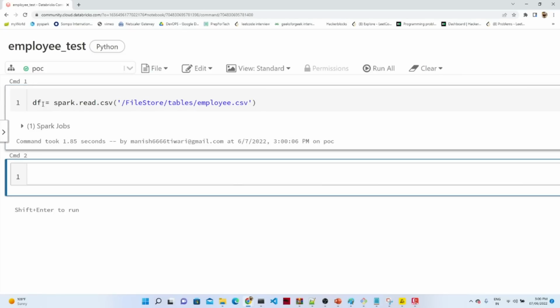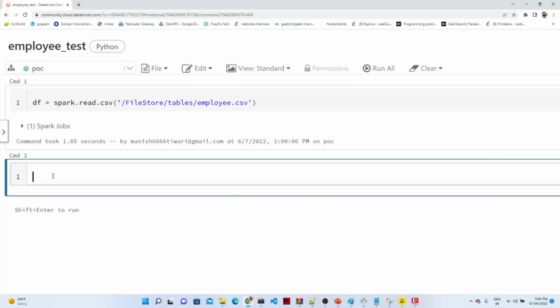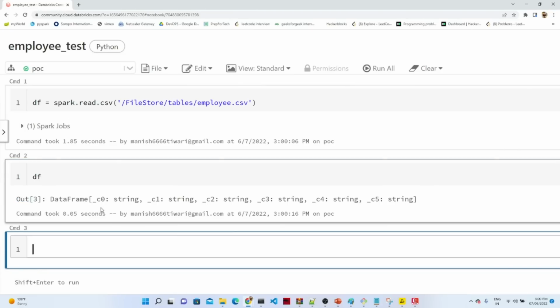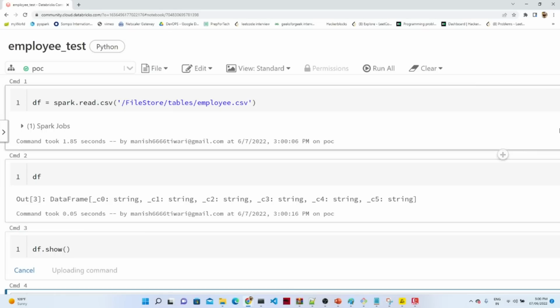Okay, you can see the job is now successful. Now if you just click df, it will show you what it actually contains. You can see C0 string, C1 string, C2 string. By default it creates the columns C0, C1, C2, C3, C4, C5. And if you really want to see how it actually looks, you do df.show,